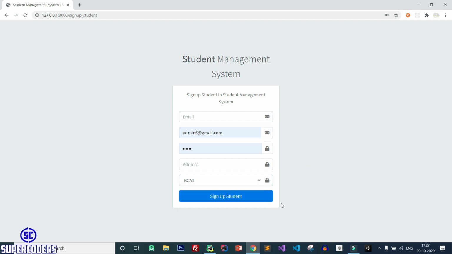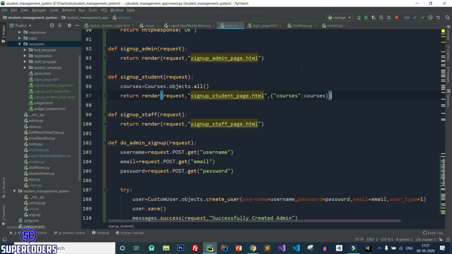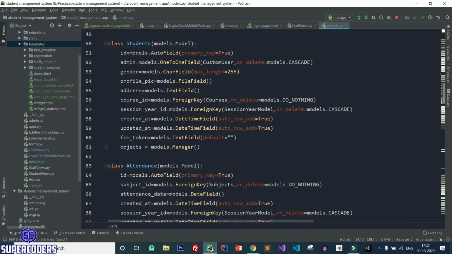Now let's see what is the next input. So again models, and next is profile pic.